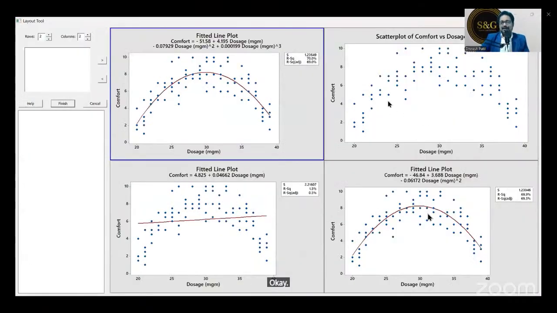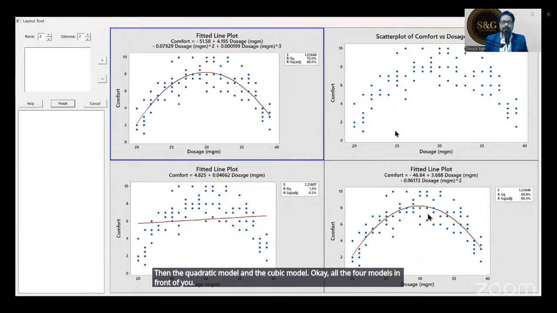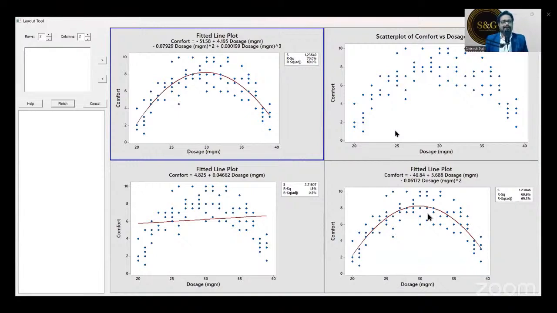Okay, first the simple scatter plot, then the linear model, then the quadratic model and the cubic model. All the four models in front of you. Is it clear? Just give me yes in the chat box.